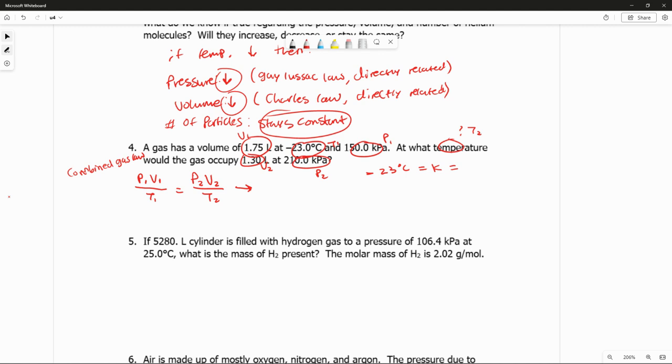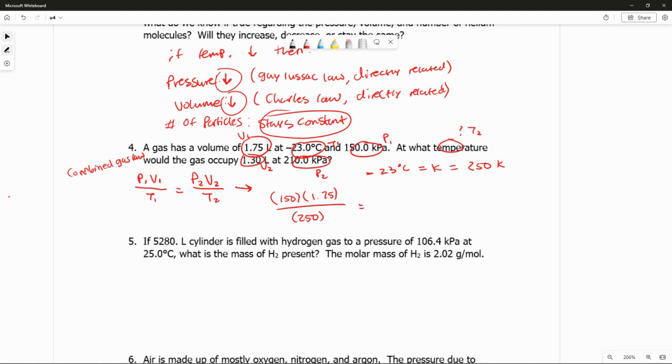which means that we have to use our equation from the start. C plus 273 equals Kelvin, which gives us in our calculator negative 23 plus 273 will give you Kelvin. When you actually do this, it'll give you 250 kelvins. So keep that in your mind. So we'll just keep it there. So we have P1, pressure 1 right here, 150. Volume 1 we have right here, 1.75 over temperature 1, which is 250 K,